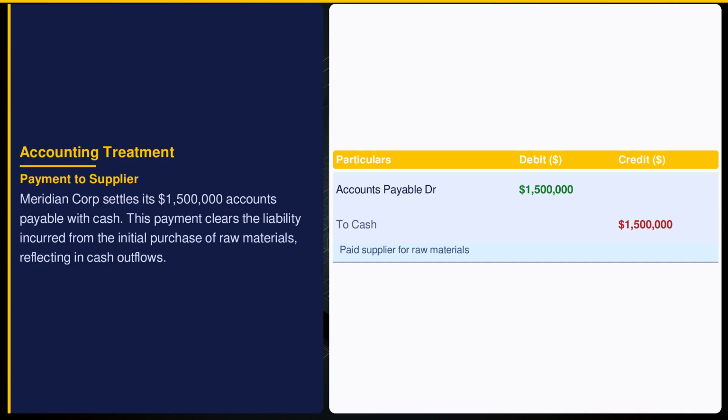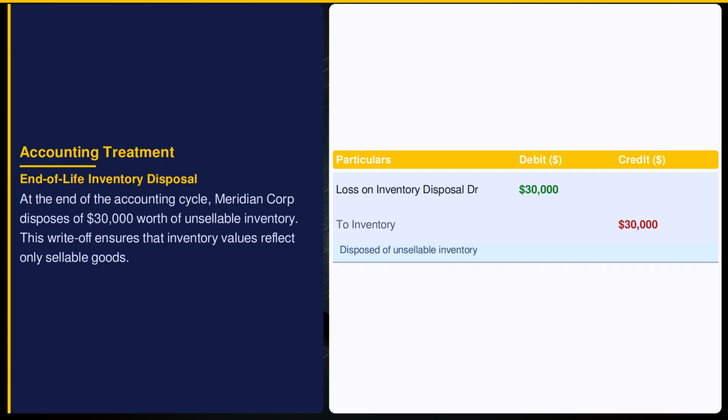This transaction is significant as it closes the loop on the initial material purchase while maintaining supplier relations. Disposing of unsellable inventory and recognizing a $30,000 loss is essential under ASC 330. Accurate inventory valuation is vital for financial statements, ensuring that only sellable goods are recorded, thus reflecting true operational efficiency